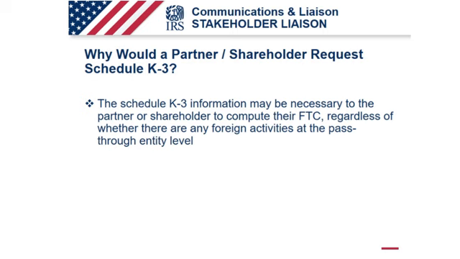First is passive category creditable foreign taxes that are not more than $300. If the partner has reason to believe that the partnership has some of these taxes less than $300 and wants that information so that they can claim a credit for those taxes, they will need to request the K-3 information